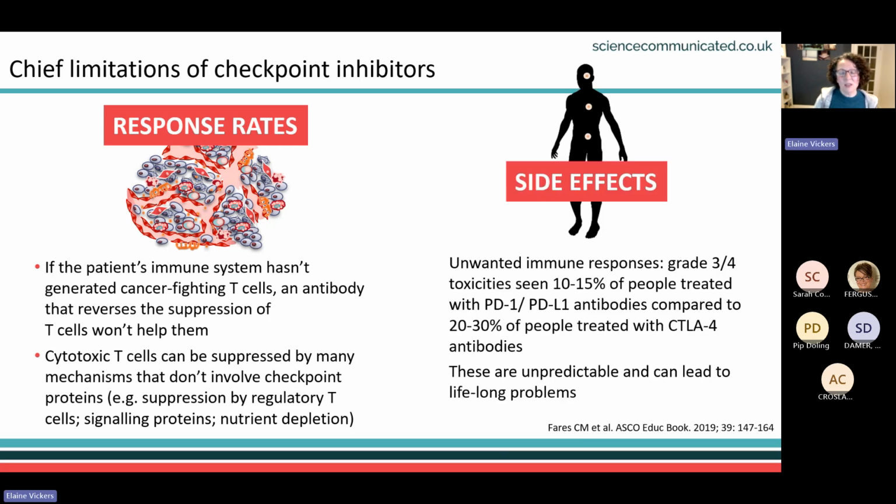Another limitation is the side effects they can cause. These are unpredictable in terms of their timing and their severity, and they can lead to lifelong problems. This is maybe not such an important consideration if you're giving checkpoint inhibitors to somebody with advanced cancer that would be lethal to them. Obviously, you need to throw everything you've got at that cancer, and hopefully, if you've helped the person with the immune checkpoint inhibitor, it's a secondary issue that you may have inadvertently caused side